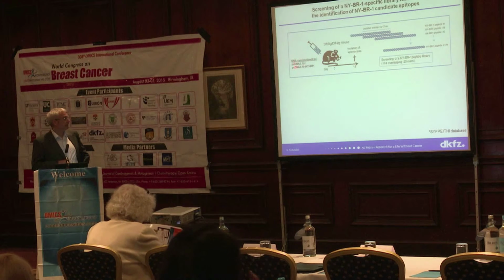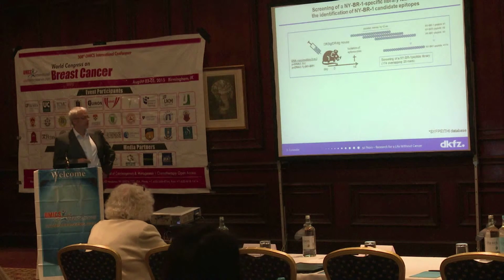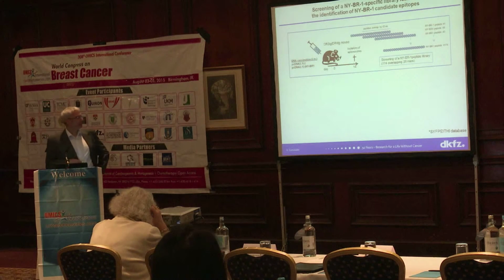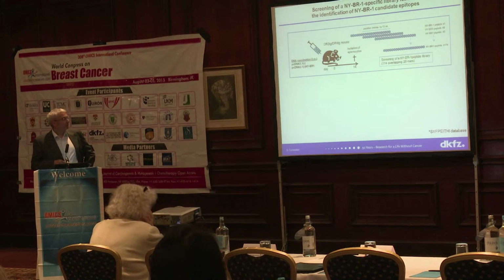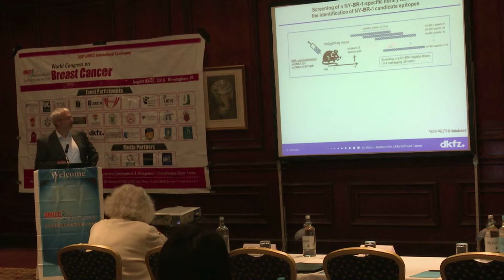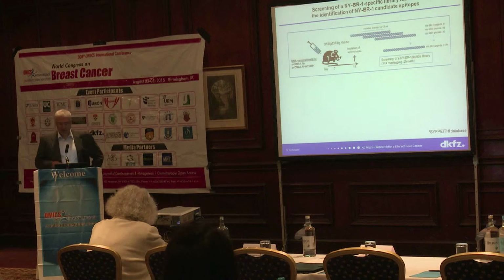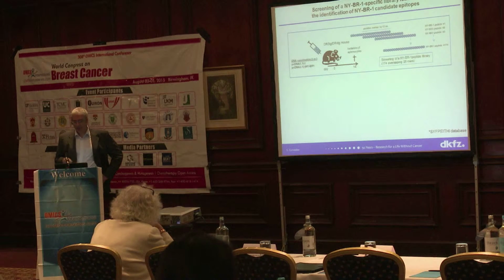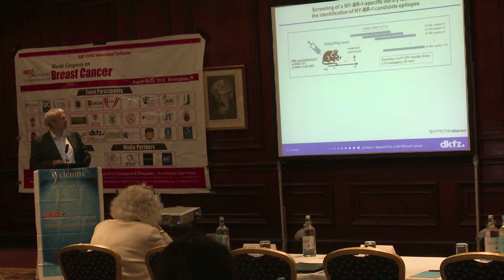We vaccinated the mice with a DNA vector, a plasmid which codes for New York BR1, or the control mice were just vaccinated with the empty vector. So the mice have seen the global antigen, and then after 14 days we harvest the spleens, and we use a huge peptide library consisting of 20-mers. These are 174 overlapping peptides with a 12 amino acid overlap, and we test these peptides for recognition by spleen cells from these immunized mice.